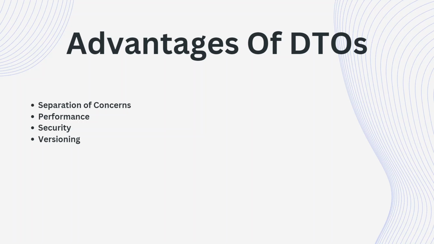The second advantage is performance. Using DTOs can help to improve the performance of an application. This is because they allow us to retrieve only the data that is needed. For example, in our application, if we don't want to send the whole region information back, we can just send the name of the region back if that is the requirement, and we don't have to send other properties of that region domain model back to the client. So in that case, we just use a DTO with only one property. Then we map all the information from the domain model to the DTO that we can send back to the